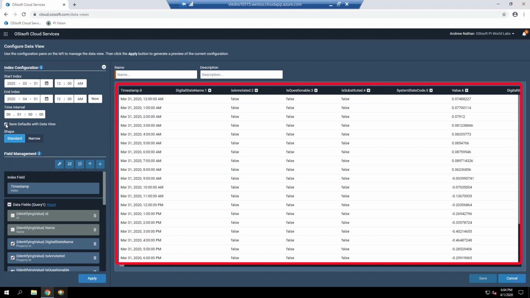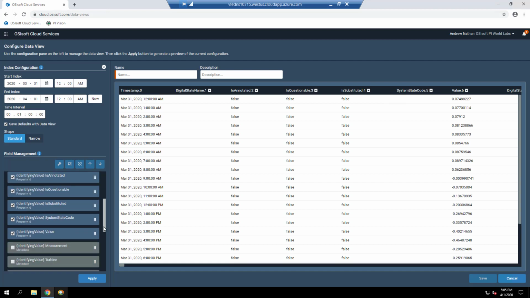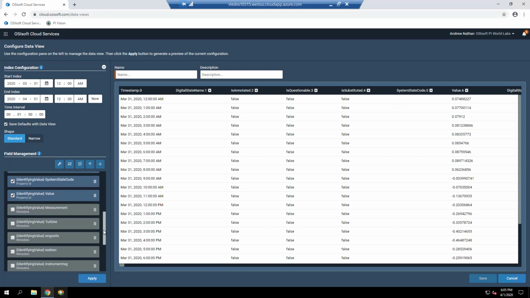We need to modify the fields displayed so that the dataset is more relevant for our application. Since we added the turbine and measurement metadata fields, we can see these fields under the Field Management section.